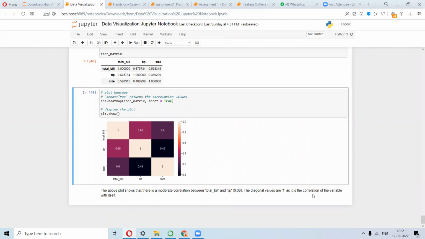The diagonal values are 1 as a correlation of the variable with itself, right? And other than strong, what we have is perfect. Perfect means it's really close to 1, or maybe above 0.9 in a practical sense. So that is perfect positive correlation. Similarly, you can have perfect negative correlation. So this can be a strong positive or strong negative. If you have a negative value there, that's going to be negative correlation, right? So this is what we have from data.